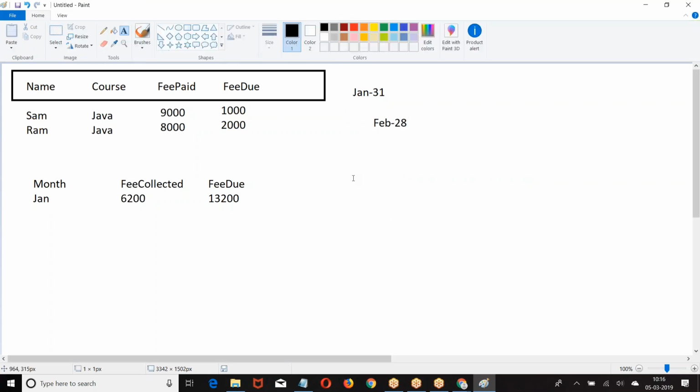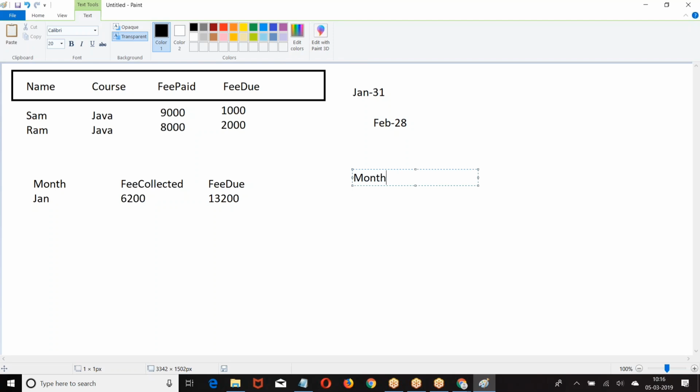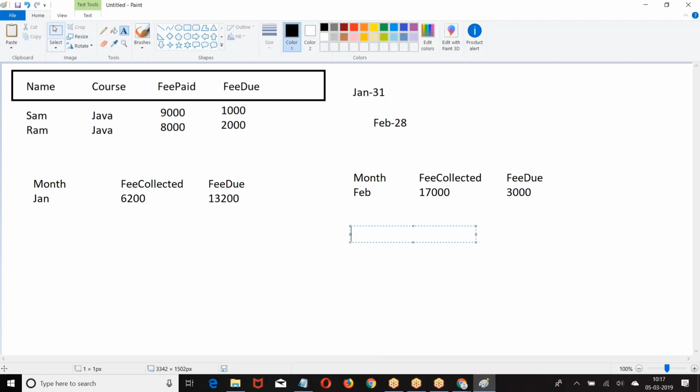The report I made in February will be created on the current data. Whenever I create a report, it will be created on current data. February, 17,000. Now in the month of March,